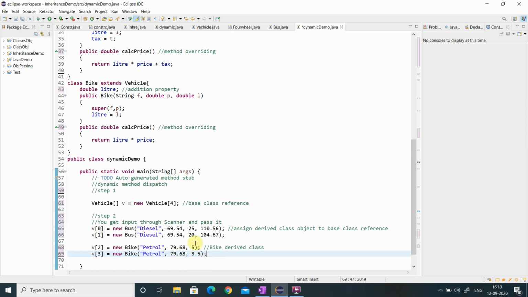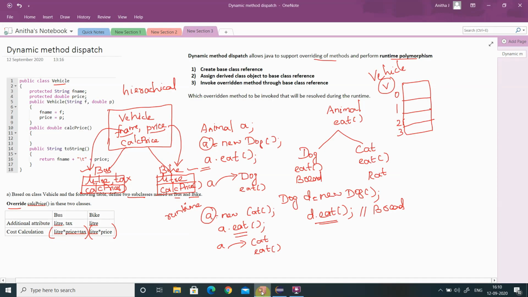Two bike class derived objects are assigned to the base class reference. So you see here we have bus class references, and then these point to bike class. Two references for bus and two references for bike class.